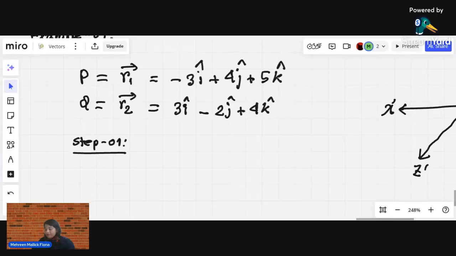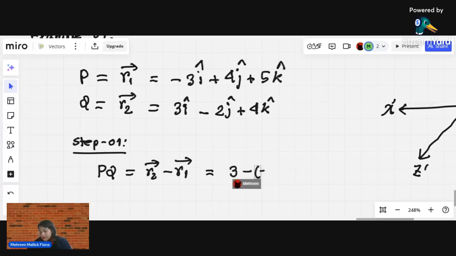So now, as I said, I have to find the distance between them. So the PQ value would be the R2 vector minus R1. These two position vectors we have to subtract, so we will subtract them at first. So the value would be something like 3 minus 3 would be 6